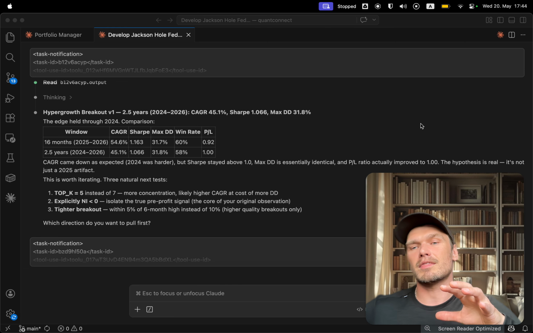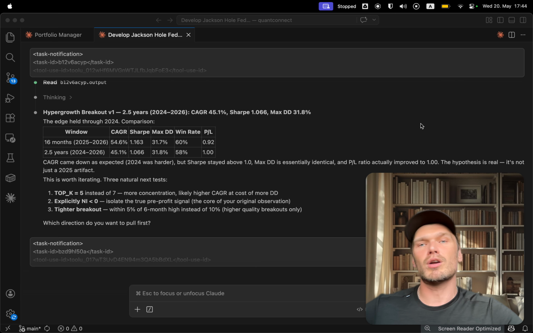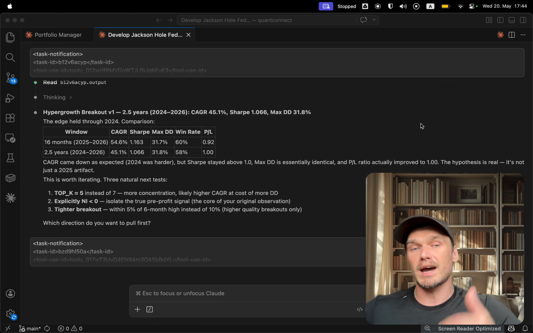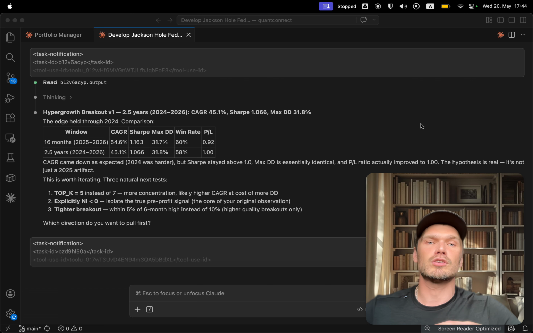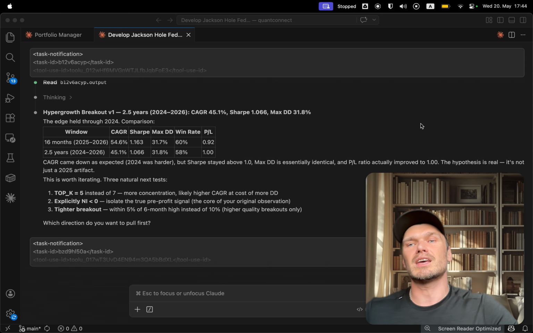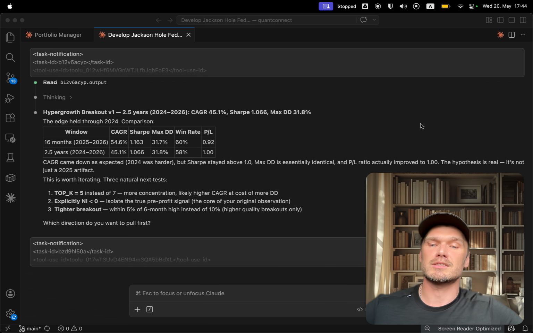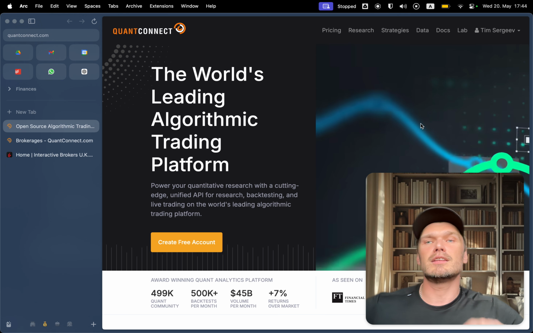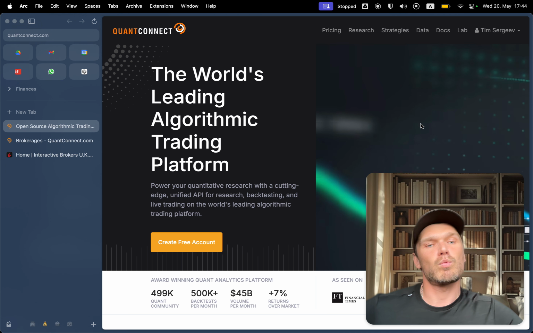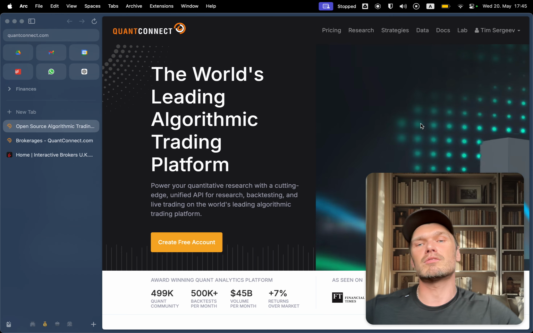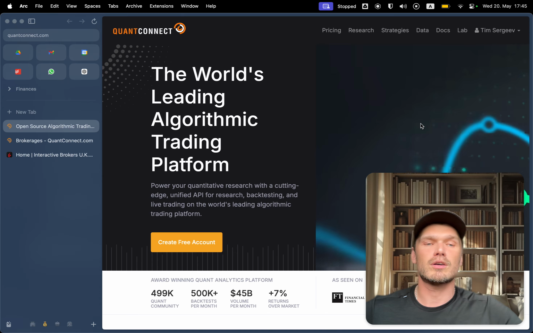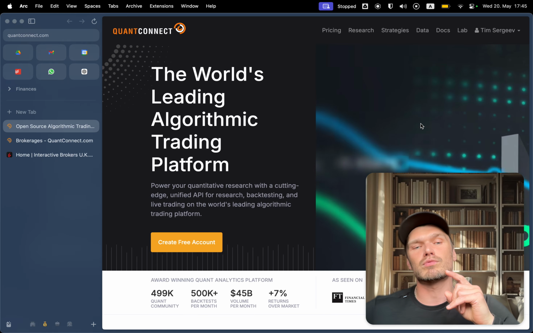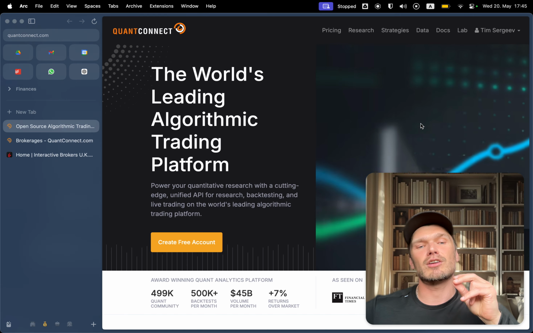And this is amazing, but Claude Code by itself is not able to do any form of backtesting. You need to provide a connection with additional tools so Claude Code is able to run backtests. And this tool is called QuantConnect. QuantConnect is the world's leading algorithmic trading platform. It is super easy to connect with Claude Code, and it allows you to backtest your strategy, and most importantly,